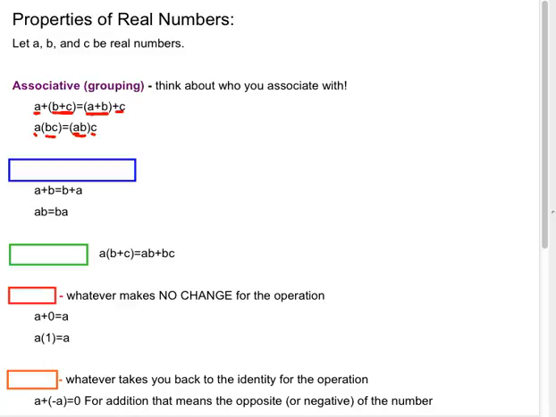So what does that mean? Well, let's take a look at this. That gives you 6, right? 1 plus 5. Well, all it's saying is that's the same as 3 plus 3, okay? That's what the associative property of addition and multiplication says, okay? The way you group doesn't matter. You're going to get the same thing in the end. 3 equals 3, okay? So that's property number 1 that I need you to know. And again, remember, associate is like association. Who do you hang out with? Who do you group yourself around? Well,